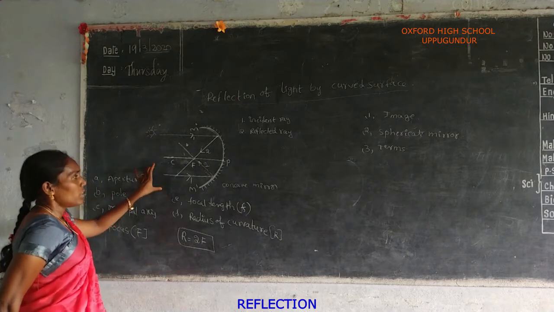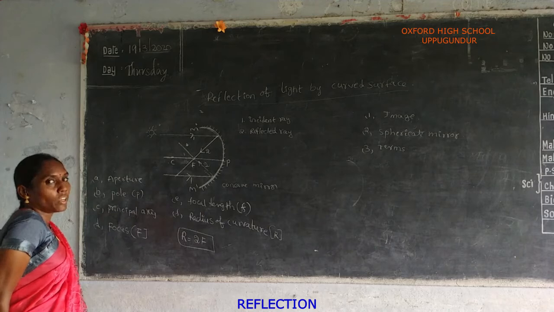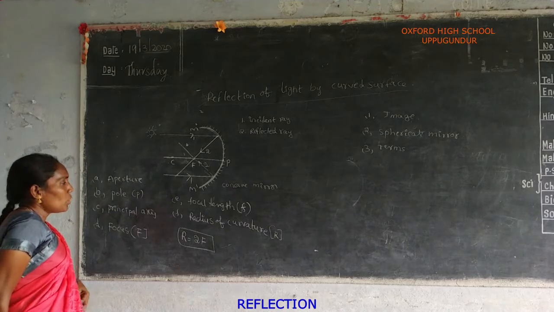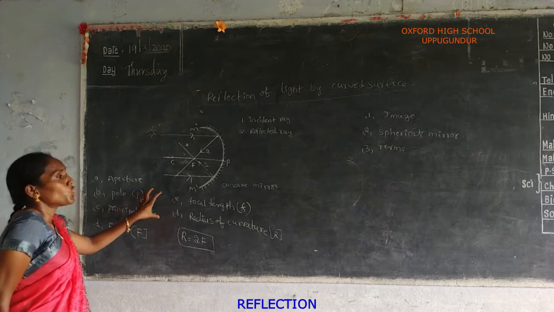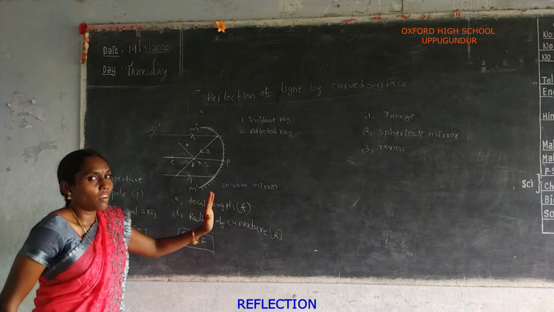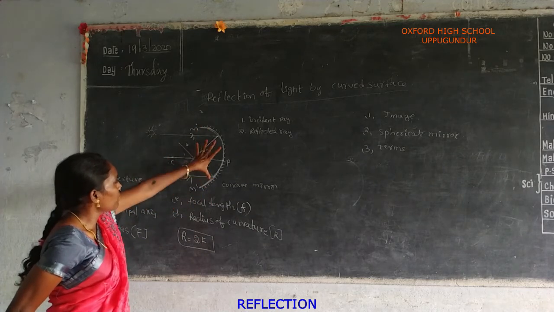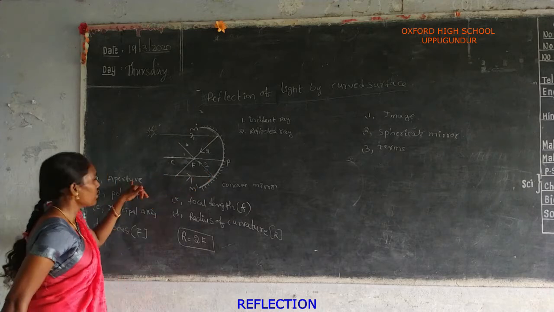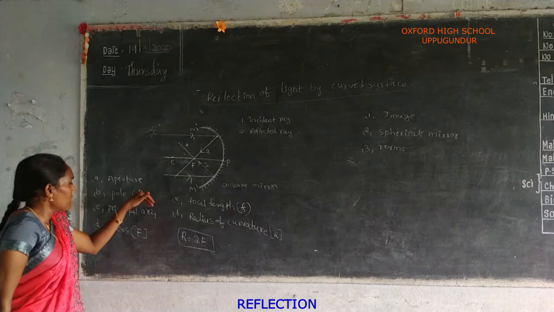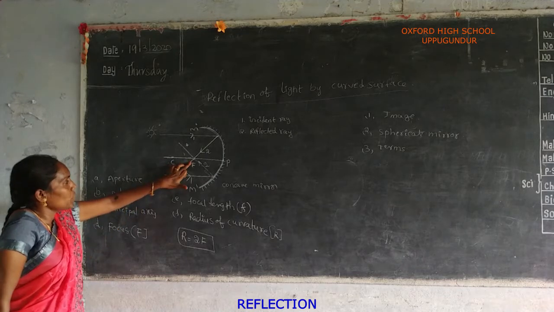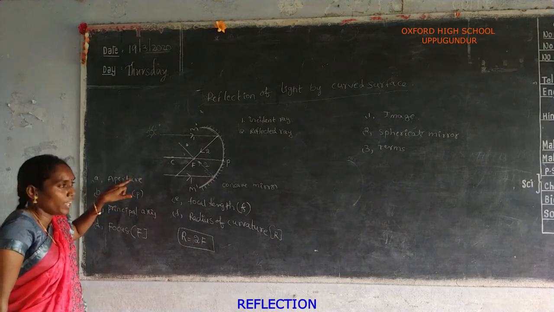See, this is the spherical mirror diagram. This diagram indicates the concave mirror. What are the terms related to the concave mirror? These same terms are applicable to the convex mirror also. See the first one, this is the curvature. The width of the spherical mirror is called the aperture. Next, the midpoint of the mirror is called the pole. The horizontal line which passes through the pole and center of curvature is called the principal axis.